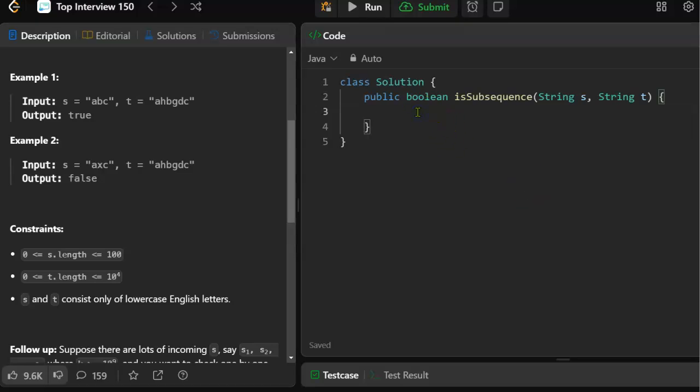All right, let's see. We need two pointers. So let's do int i, initially 0, and int j, also initially 0. This is going to work better as a while loop because of the way that we're handling incrementing the pointers. So let's say while i is less than s.length and j is less than t.length,